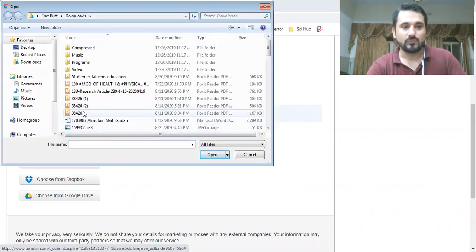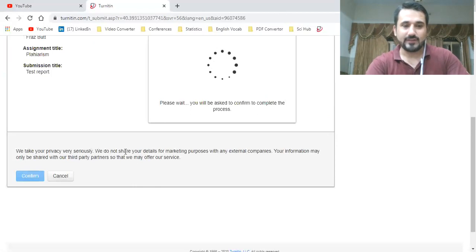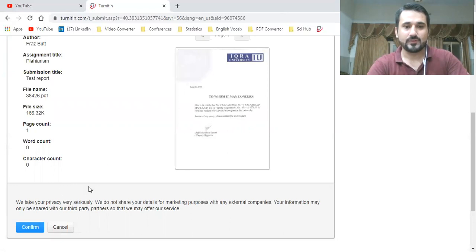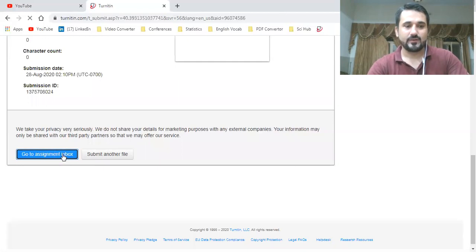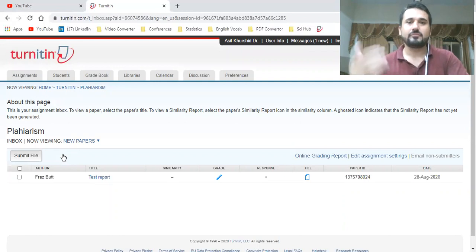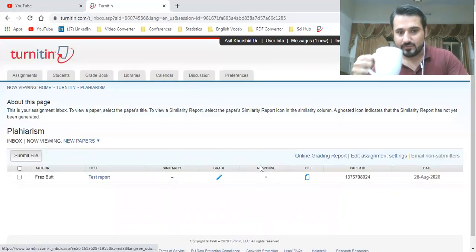Let's suppose we want to get Turnitin of this report, whatever this report is, I don't know, but this was a PDF document. So for your learning, I just attached it. So let's see. Okay, this is my PhD letter. Okay, let's continue it and go to assignment inbox, and here we have to wait for 10 seconds, 15 seconds, 20 seconds, or maybe few minutes if your document is larger enough. So let's see, we need to give it refresh after 5 or 6 seconds. Let's see, is it ready or not yet.